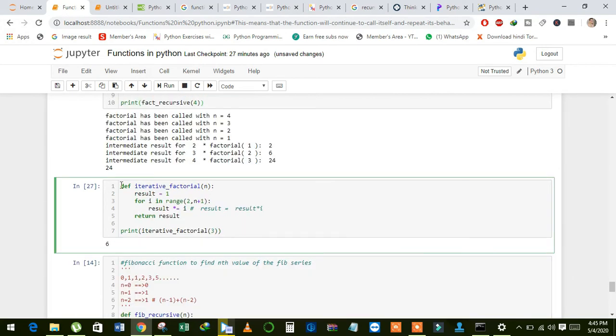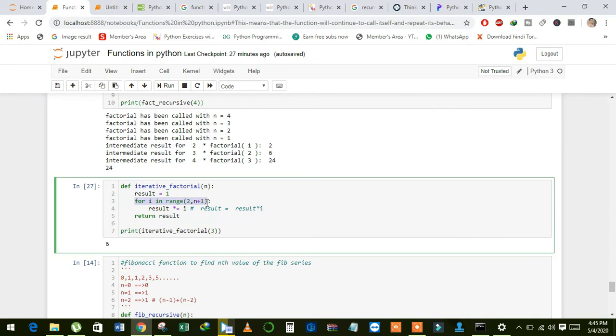And we can create the factorial function using for. In the function I just created a variable result that is equal to 1 by default, and then see here, I start the loop for i in range of 2, n plus 1.